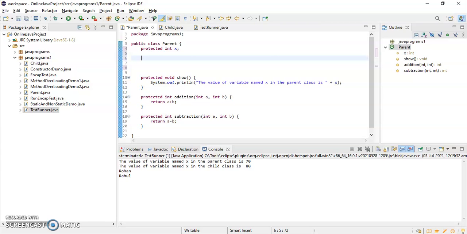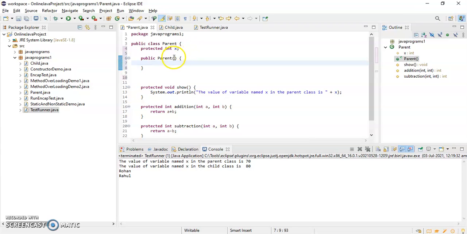So I'll create one constructor here: public Parent, with int x, and I'll write this.x = x. This is the parent class constructor where I'm initializing the value of x.